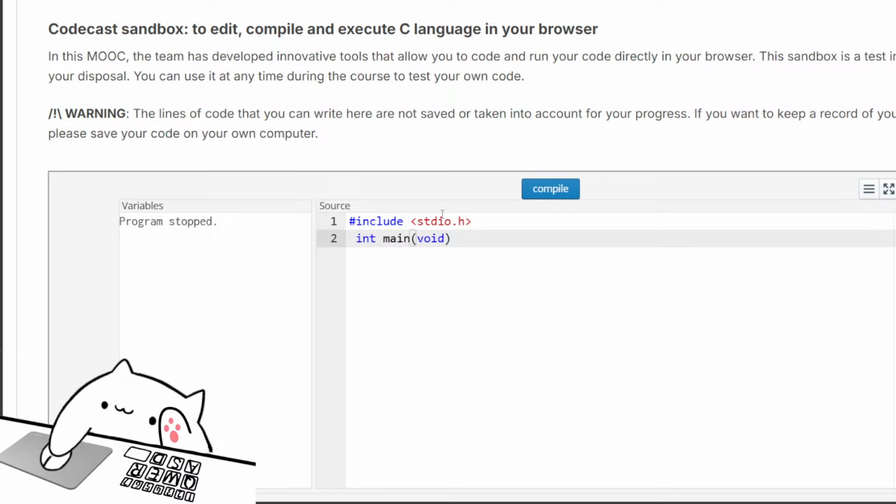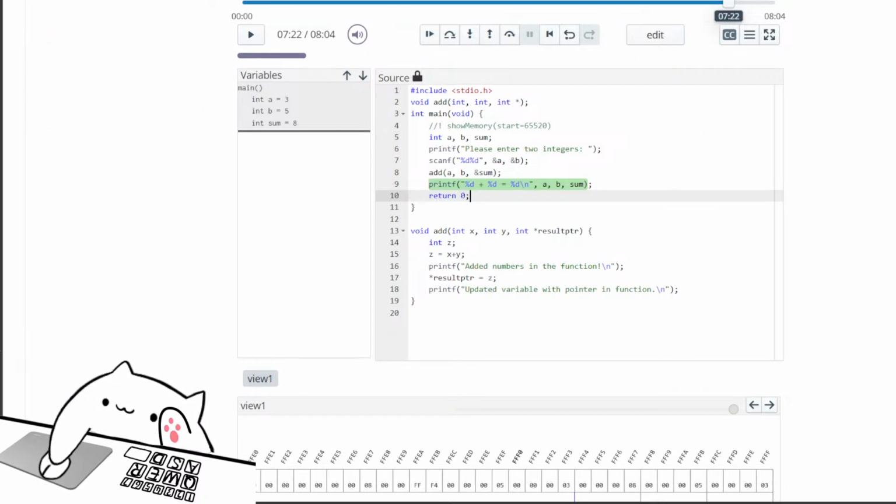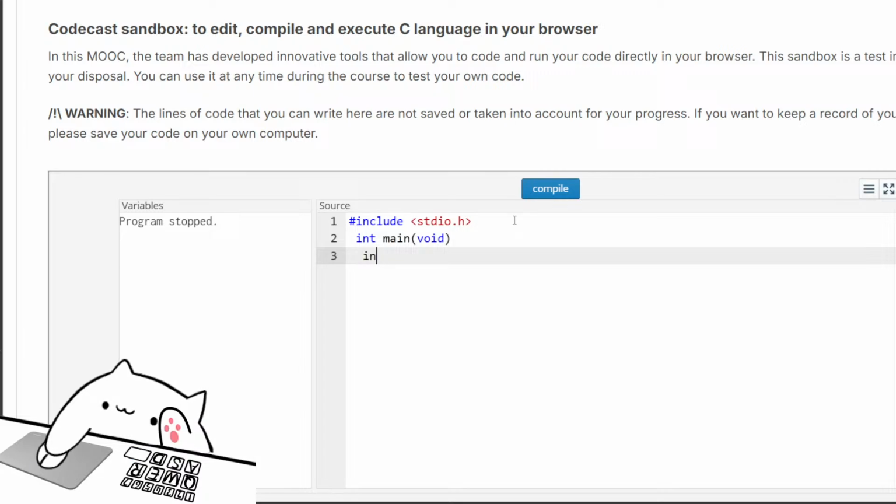Why, am I correct? int num p and int num, p equals to n, p equals to, int